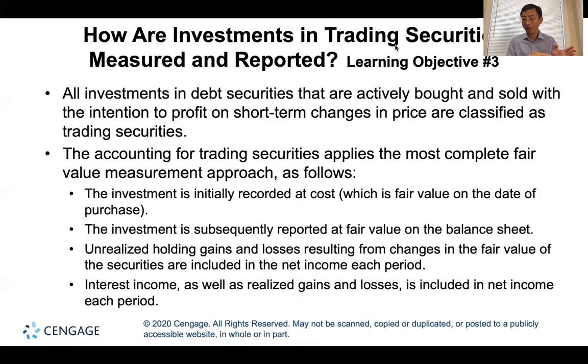For example, for the second video, for the held to maturity security, we use historical cost, and the unrealized gains and losses go to the notes of the financial report. It's not recognized in the balance sheet. But in this video, I will show you the unrealized gains and losses will be recognized in the balance sheet or interest income. Okay,